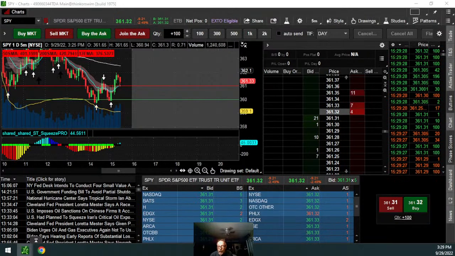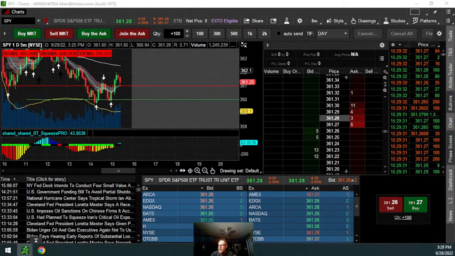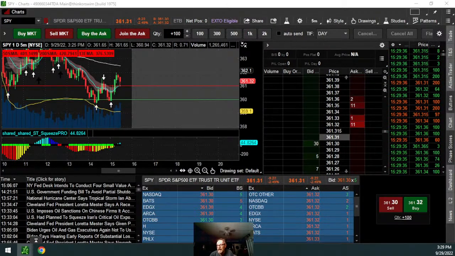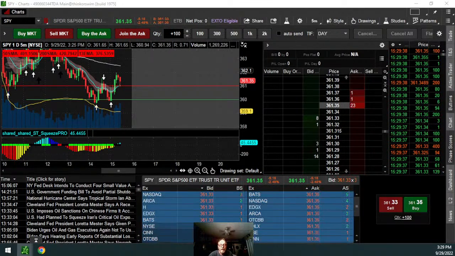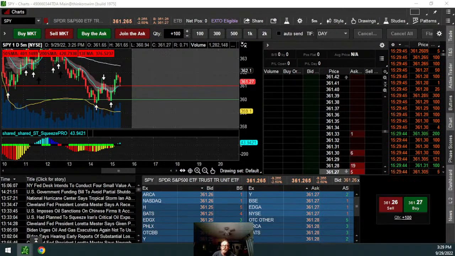And actually took a loss. But if I had stayed in and just left it alone, I would have made money, because it did come down to 361, 360 at the end of the day. But that's hope. We don't live on hope. We live on a plan. If we don't have a plan, we're going to lose in the end.